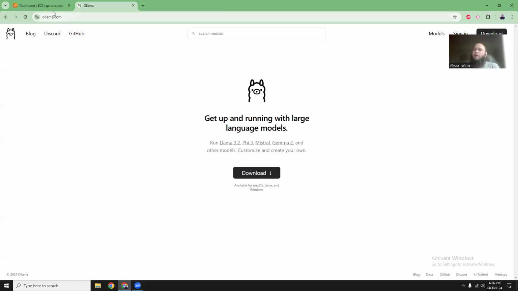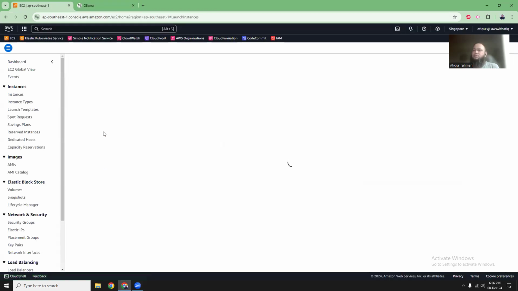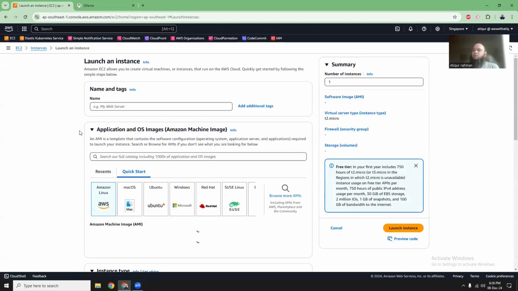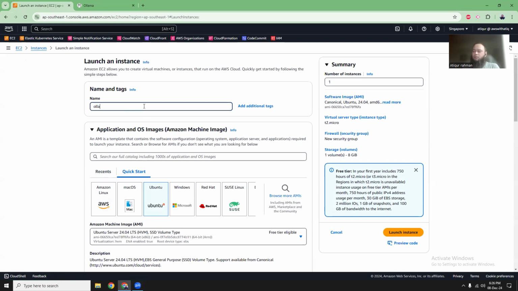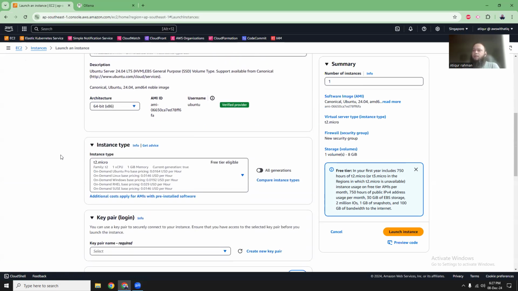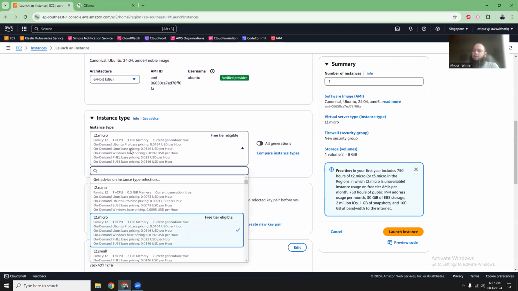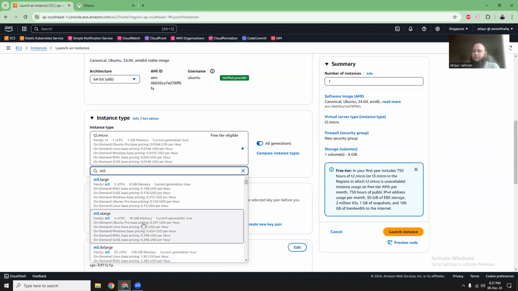So let's get started. I'm in my EC2 dashboard, and I'm going to launch a new instance. Here I'm going to use Ubuntu, and I'm going to give it the name Ollama. For the instance type, try to choose an instance that has at least 16 gigabytes of RAM to run it properly, right? I found some examples, I think M5 extra large is also a good one. It has 16 GB memory, and you can also use